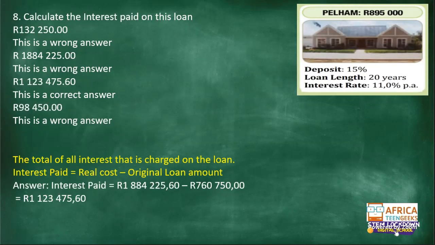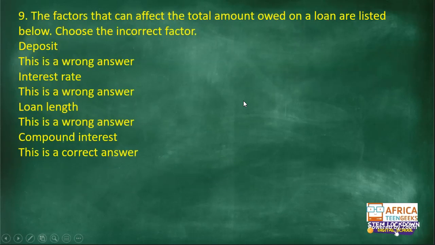And to be specific, you would have saved 989,225 rands and 6 cents. That is the amount that you could have saved. So you can see that the interest rates will play a huge role in any transaction. Now let us go to